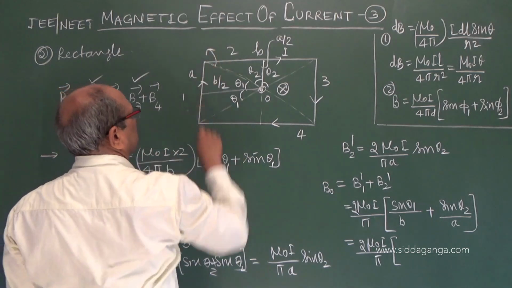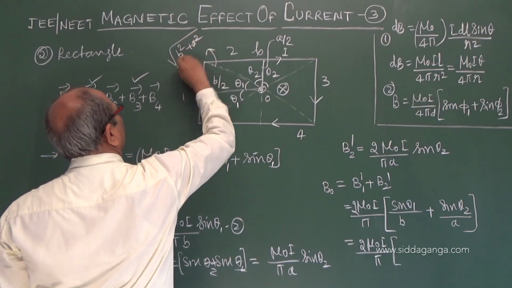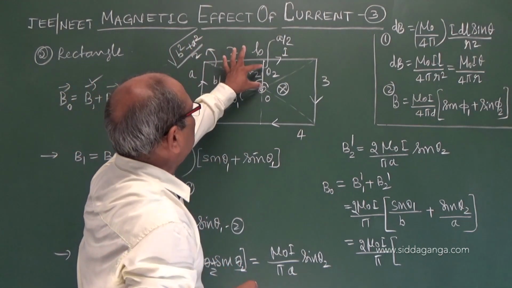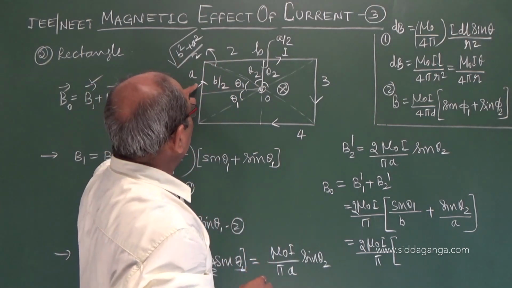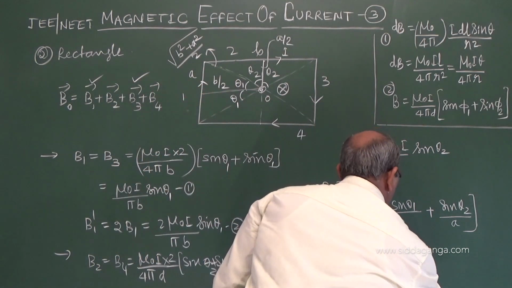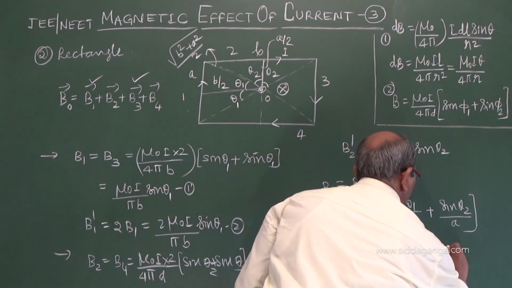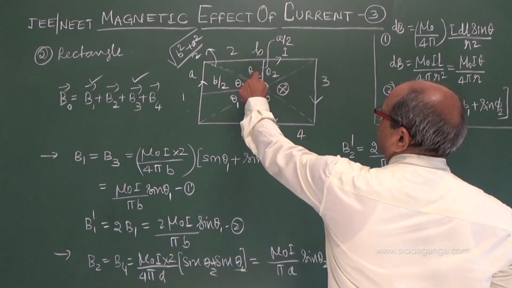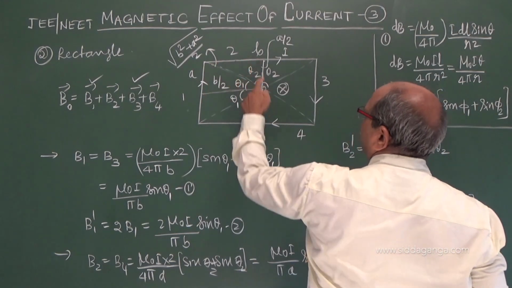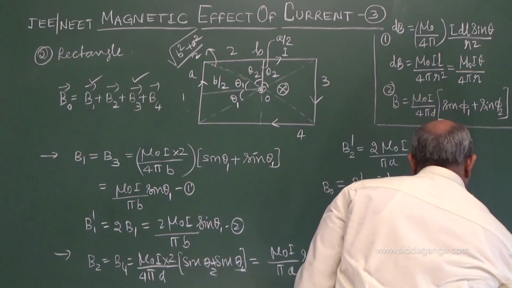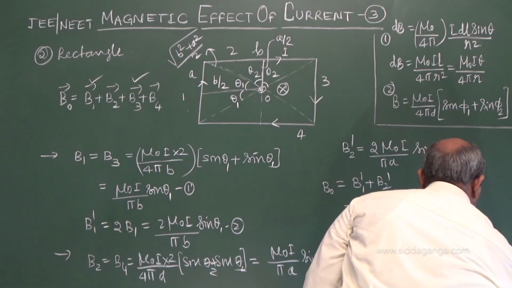What you write is root of b square plus a square by 2. Because it is a by 2, this is b by 2. If I use sin theta 1 as opposite side by hypotenuse, I can write a upon b into root of b square plus a square. Plus theta 2 is also the same. So I have to take this part, b by 2, because opposite side by hypotenuse, b upon a into root of b square plus a square.